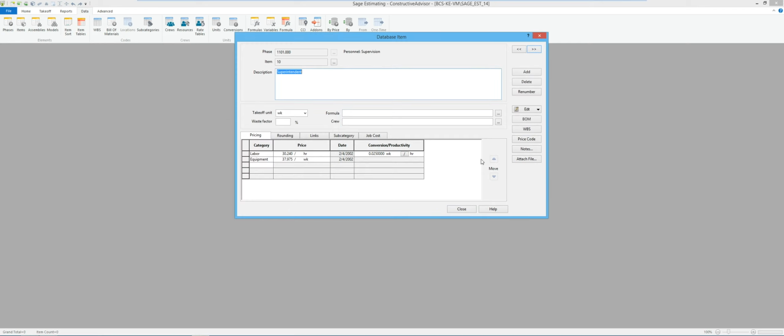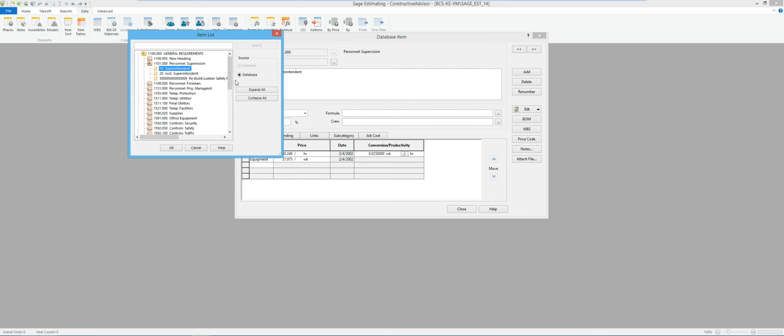So if I were to pull up a list again and look at my database in unit format order again, I'll see that I've got one heading for general now and unassigned. So everything else in the entire database except for this one item is all under that unassigned. But under this one heading, there's where that superintendent shows up. So that way, when I'm doing takeoff, I can estimate in either master or unit format, and then we'll take a look at the same thing once we build a spreadsheet.